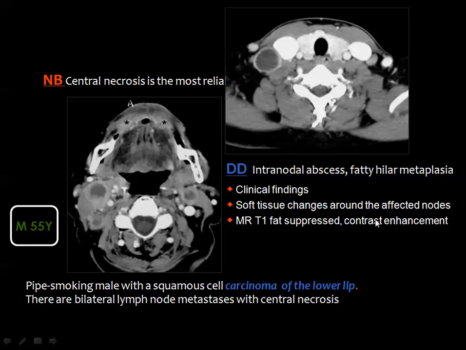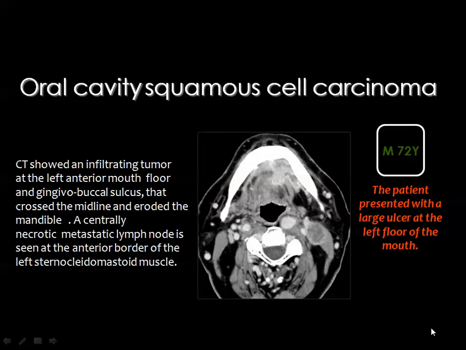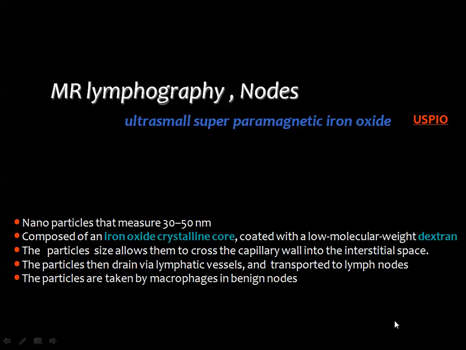And this is a case of oral cancer. You see this ill-defined enhancing mass in the anterior aspect of the mouth floor. And also you can easily appreciate the presence of a metastatic node deep to the sternomastoid muscle. And this is one of the techniques used for evaluation of lymph nodes using this paramagnetic contrast material known as